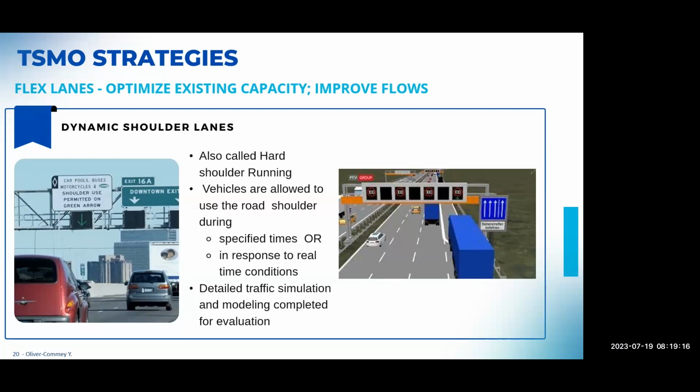What we also do is to think about it in terms of proposed projects. If we think that this is a place we don't want to come back to in, let's say, 5 or 10 years, we make sure that the shoulder is wide enough to be used as a lane in the future, so that 10 years after a new project, you're not coming back to try to widen. Then you can try to deploy the shoulder lanes as some sort of interim measure until you can come back a few years later to widen.